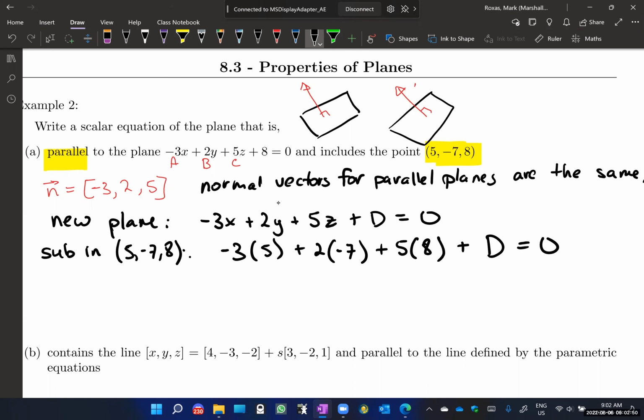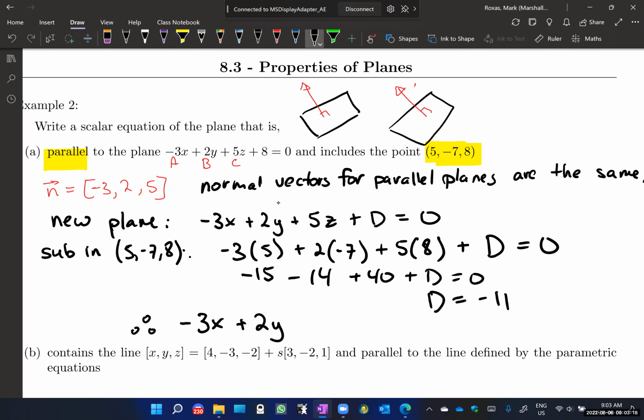And then we have -15 minus 14 plus 40 plus d equals 0. And if you add up those terms and you solve for d, d is equal to -11. Okay, and so we get -3x plus 2y plus 5z minus 11 equals 0